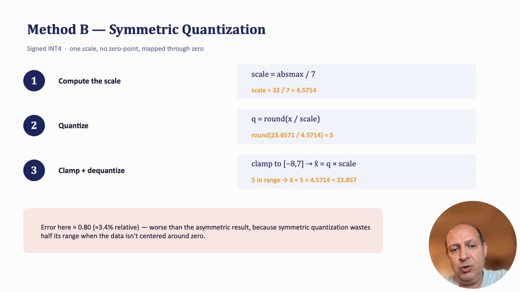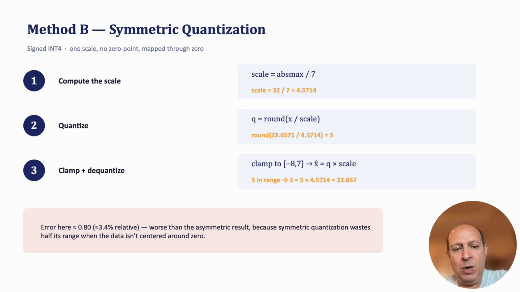Now I want you to notice that the scale here with the symmetric quantization is larger. And notice that with symmetric quantization, there is no 0 point, because the 0 point always aligns with the 0 quantization level. And then after we obtain the quantization level, which is 5, we try to see if we need to clamp it. So 5 falls between -7 and 7. So there is no need to clamp it.